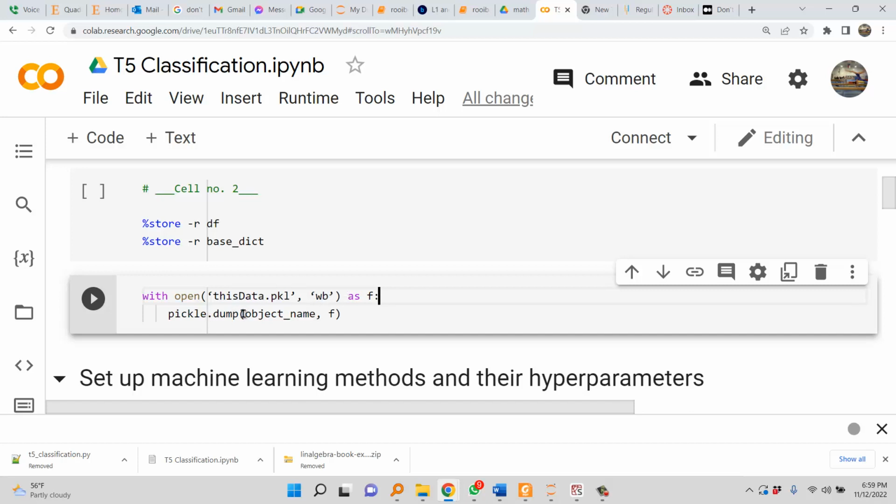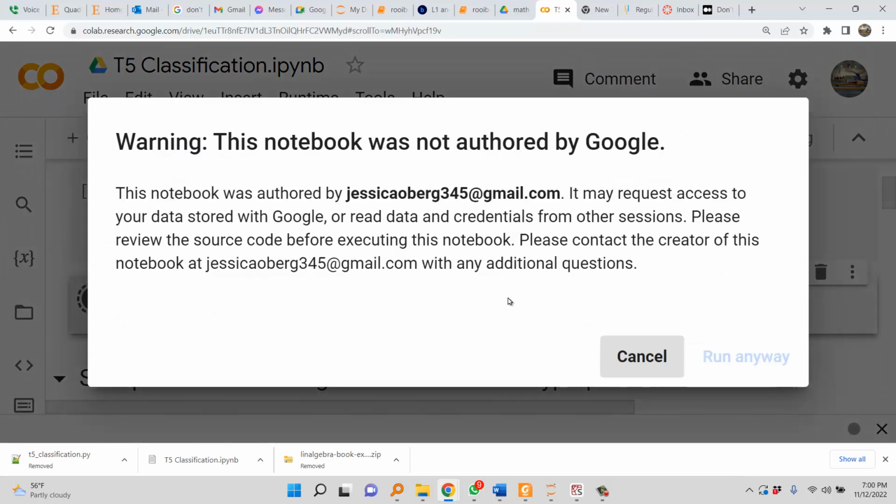And I put pickle dump here. Now I want to dump both df and basedict. These are the two variables I want. So I can go here and I can say df, basedict. And I should be able to run this cell, and it will run. Now I think this won't run now because